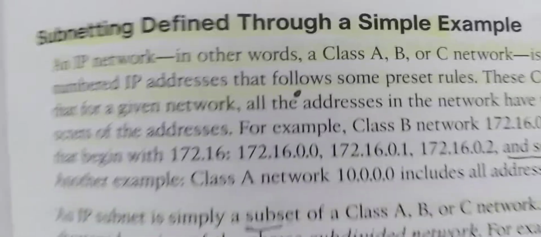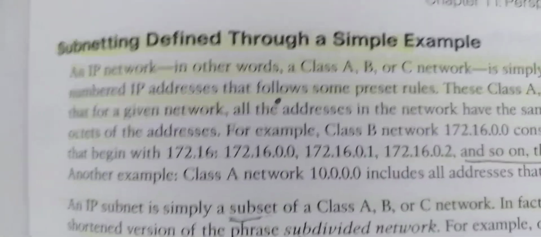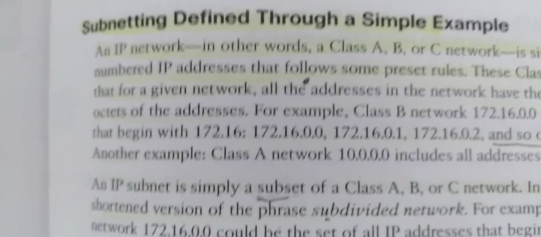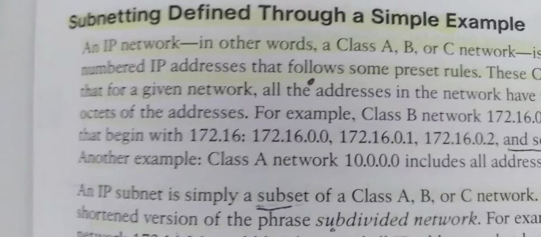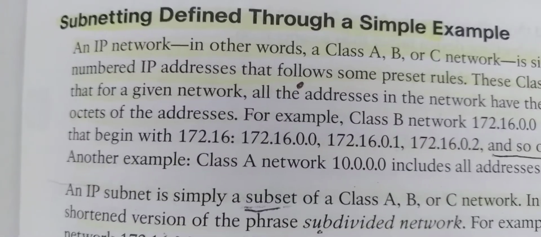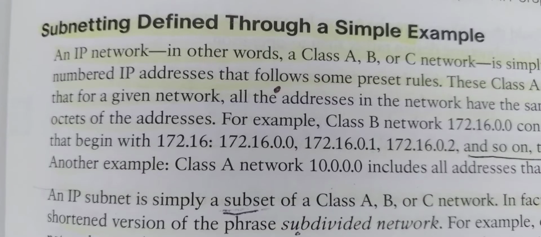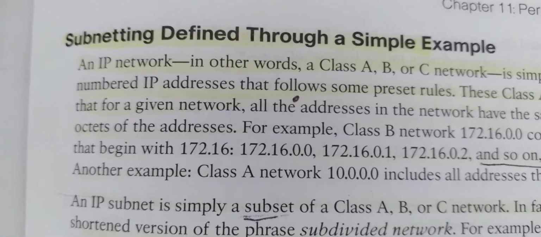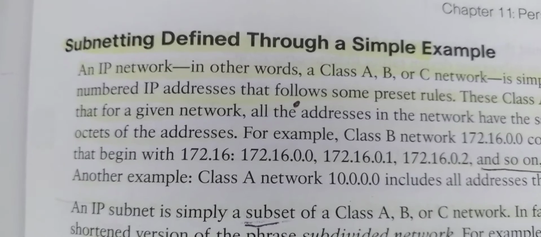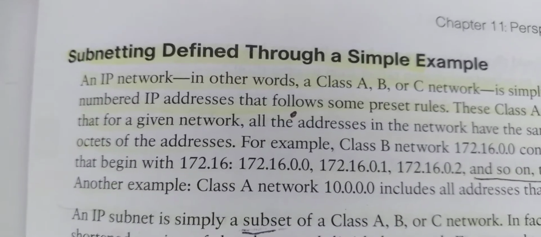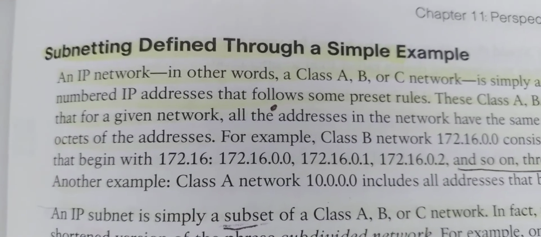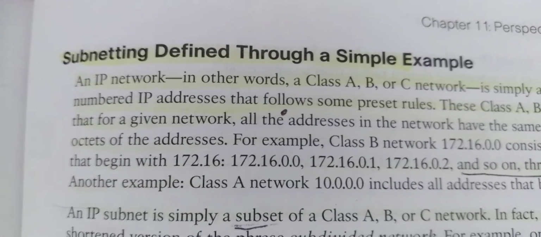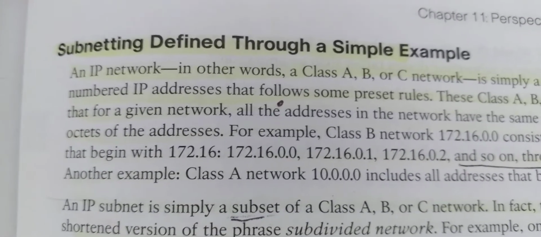Subnetting defined through a simple example. An IP network, in other words, a Class A, a Class B, or C network, is simply a set of consecutively numbered IP addresses that follows some preset rules. These Class A, B, and C rules define that for a given network, all the addresses in the network have the same value in some of the octets of their addresses. For example,